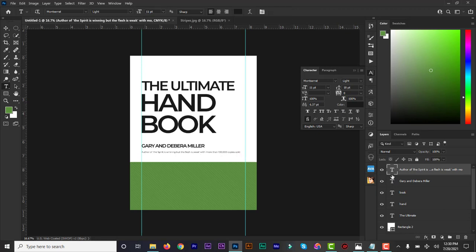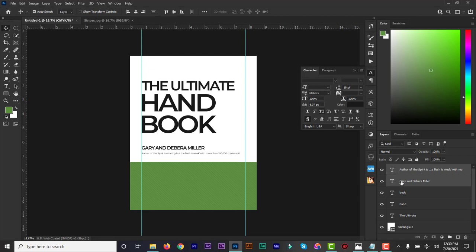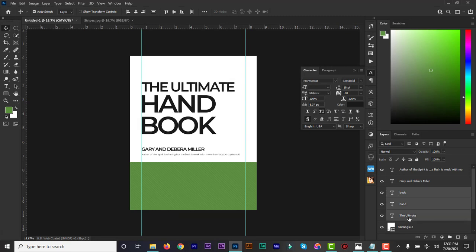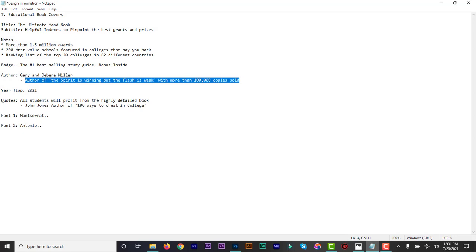So we can maybe use the arrow key, bump it up a little, then select both, and we can drag them together. Then these three we can, so now the